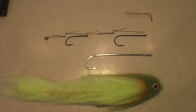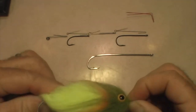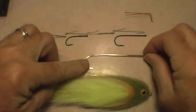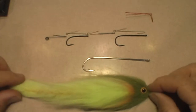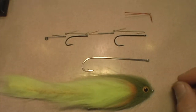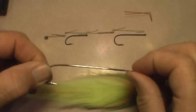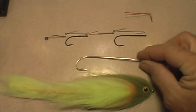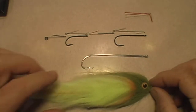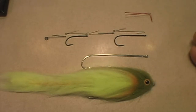In regards to Taimen flies in particular, this pike fly on this now obsolete 5-inch long shank hook doesn't do a good job of hooking the fish. They also get a lot of leverage on the fly because of the extra long shank. So my proposal to circumvent that problem and to make things a little bit more user-friendly,